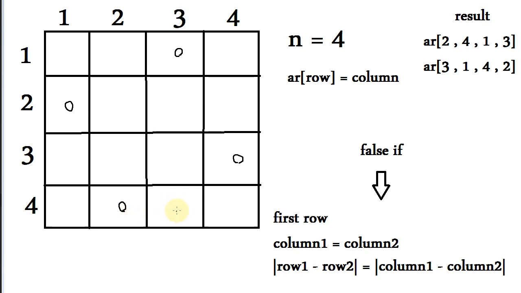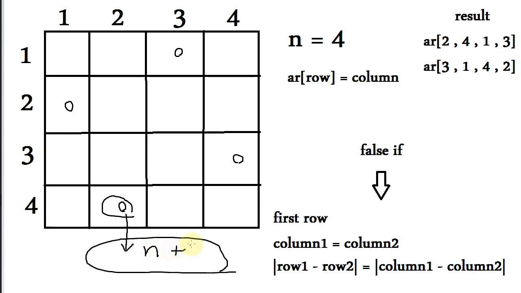It also checks this place. When our code puts the queen in here, it goes to the next row, which is the out of bound